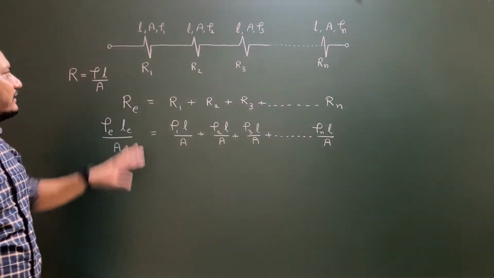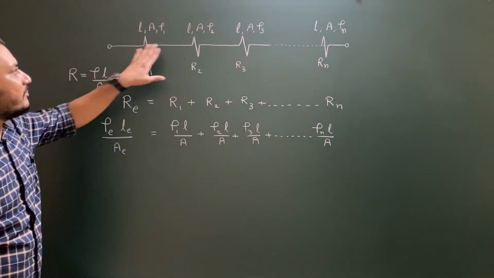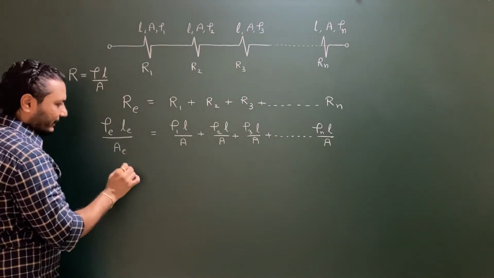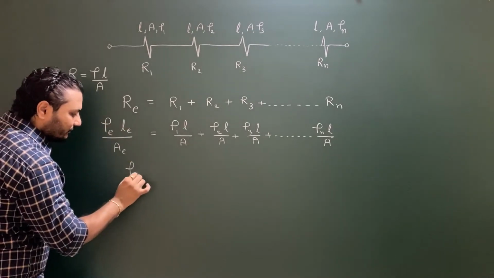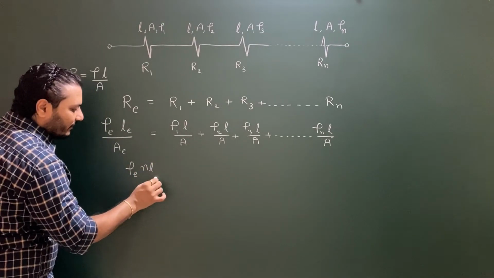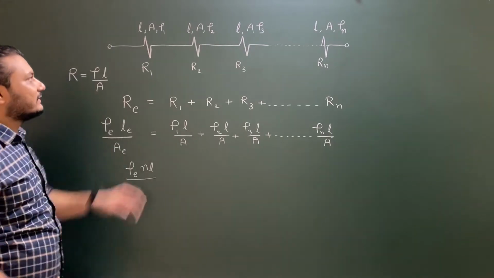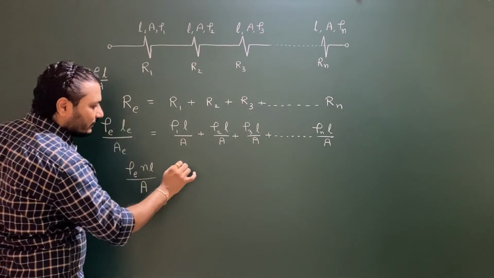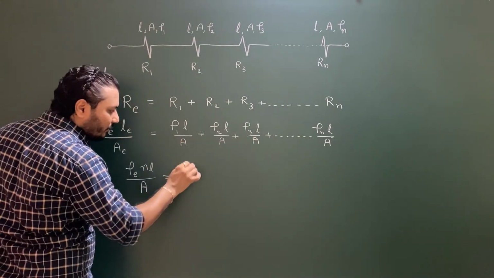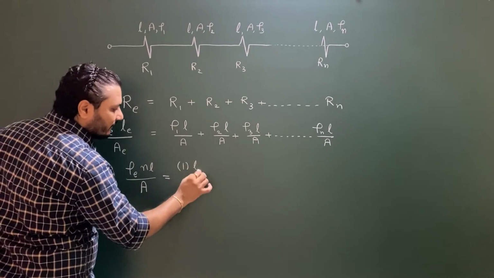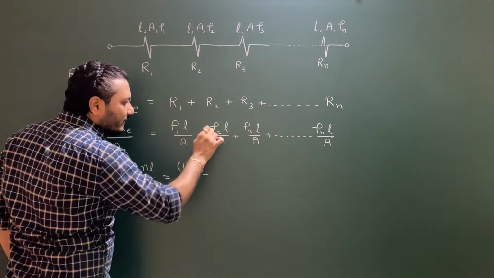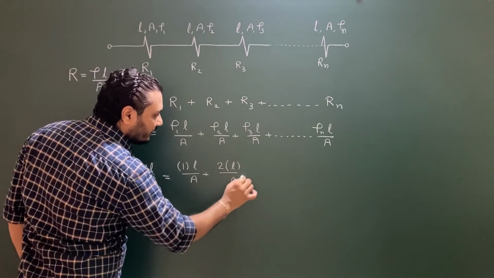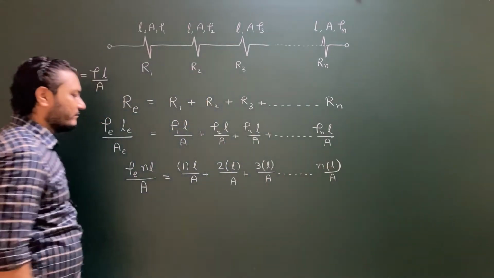Now if you see, the total length of this conductor becomes L plus L plus L plus L, that is NL. So this L effective we can write as NL, in place of which rho effective we need to calculate. This becomes NL whole divided by the effective area, that is cross sectional area of each wire, that is A, is equal to, in place of rho 1, value of rho 1 is given in the question. This is L whole divided by area. Value of rho 2 is given 2, then this L whole divided by area, and then this thing.